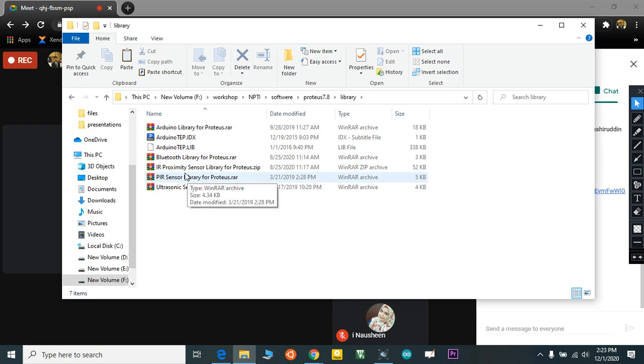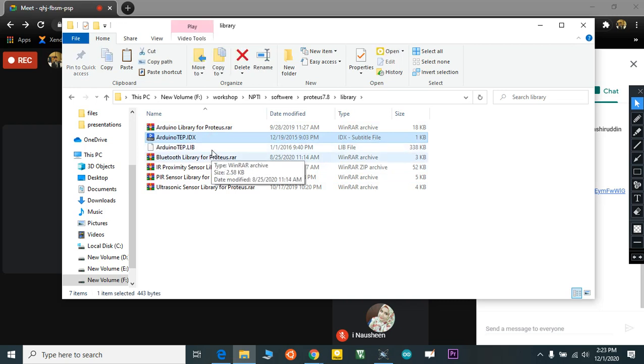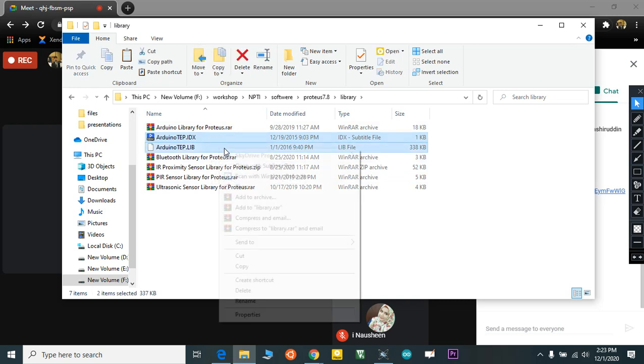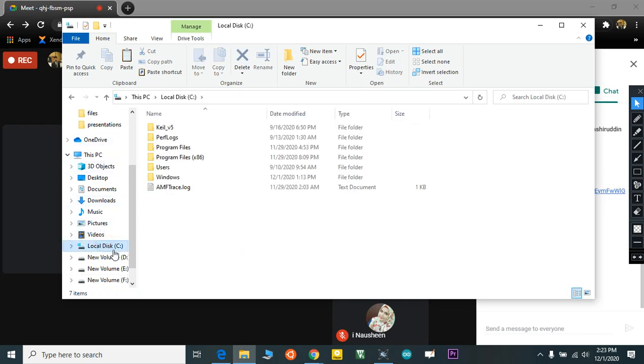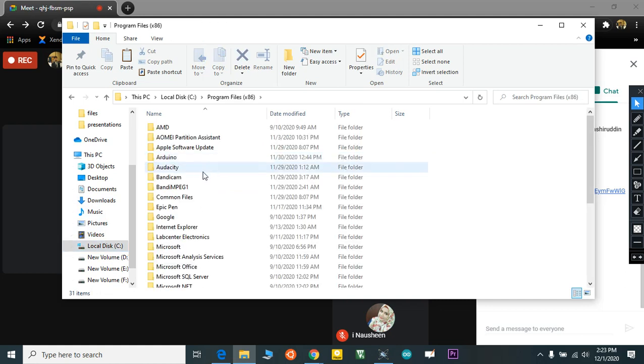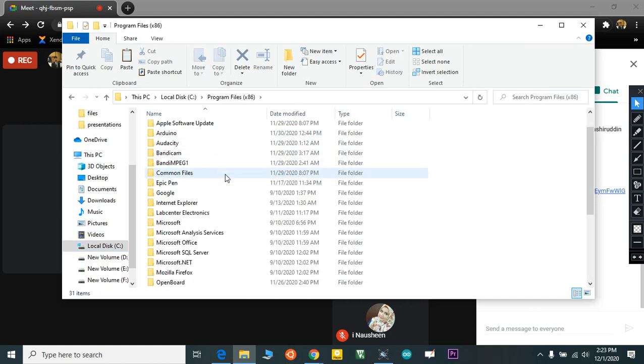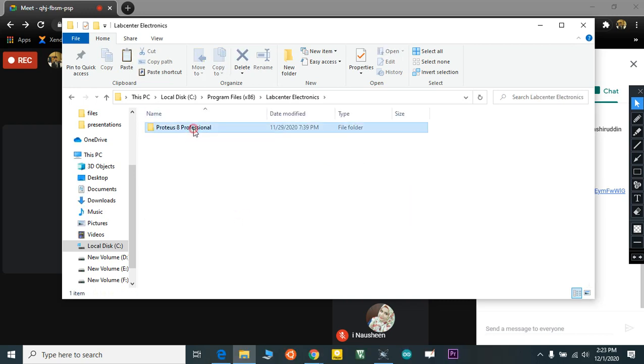You need to follow the same procedure, and I will not explain how to add those in that session. First you need to select both these two files, copy them, and go to the Labcenter directory, Program Files x86. You can see a folder named Labcenter. Inside Labcenter, you can see Proteus 8 Professional.